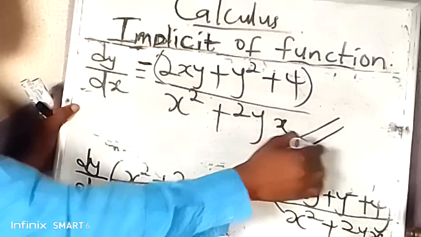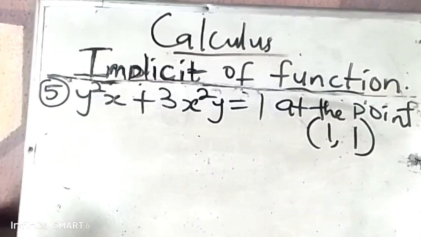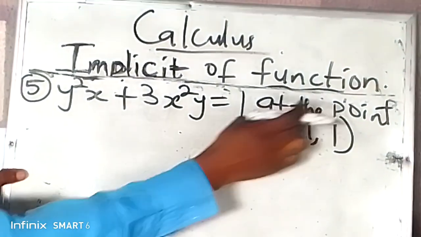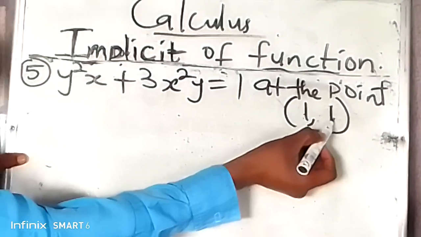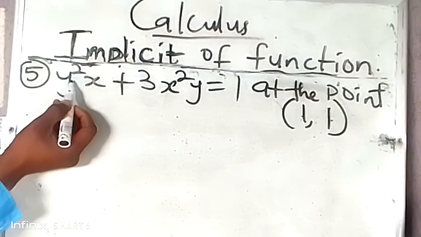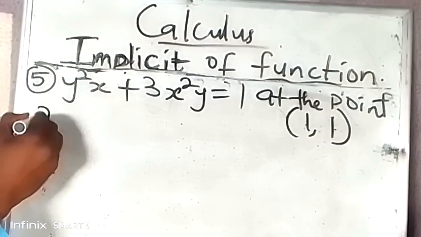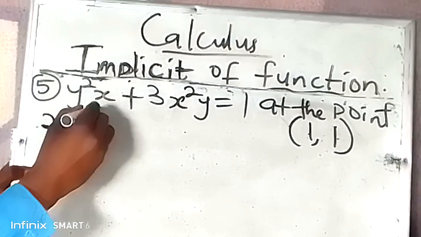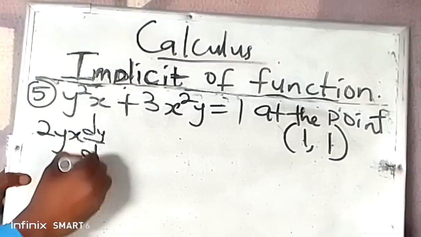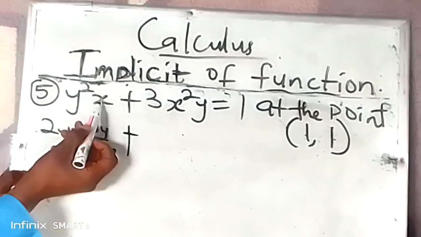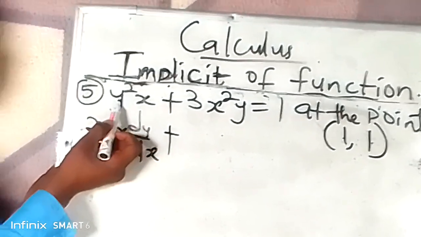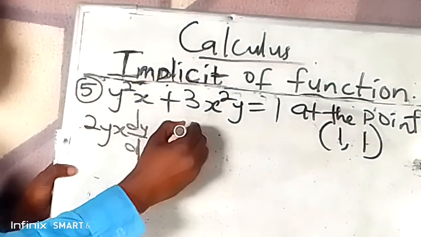So that's number 4. Now let's take one more. Now let's say at the point 1, x, y. This one represents x, this one represents y. Now what is the differentiation of y squared? That is 2y dy/dx. Because I differentiate y. I will differentiate for x also. Plus, if I differentiate x, that's 1. So I'm having y squared left. Y squared. Now plus